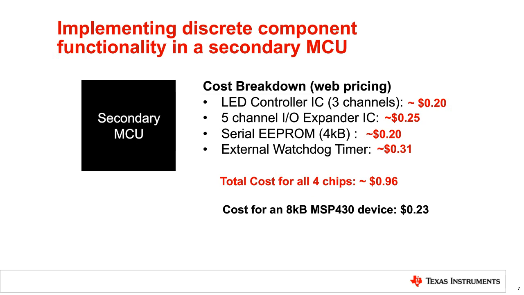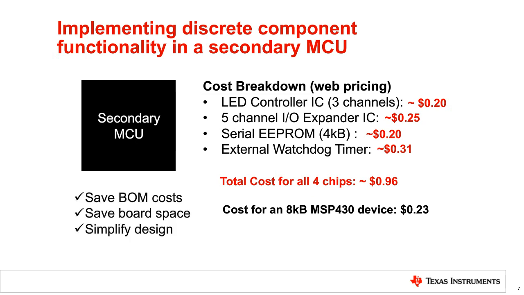That's maybe just one benefit because not only are you seeing BOM savings, but you're really in general simplifying your design because you're not having to put down as many parts on the board. You're not having to wire those up, or have the schematic and layout considerations for adding all these additional components. With a secondary MCU type of approach, you're really simplifying your design by reducing the number of parts that you have to have, not only in your BOM, but on the board, and those design considerations are really minimized with this type of approach.